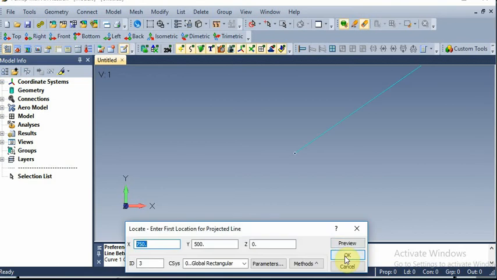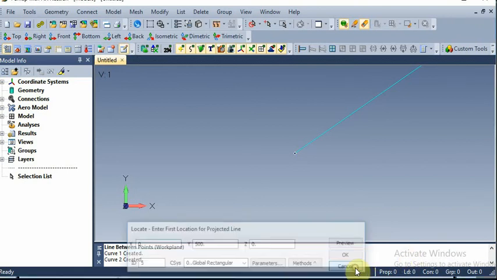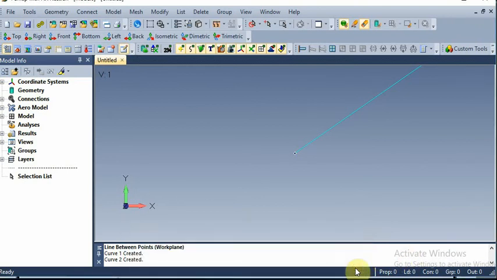OK. Next x is 0, y as 500 and z as 0, give OK, then cancel, then press Ctrl A. So you will get the FEA model of the truss, the geometry, here.